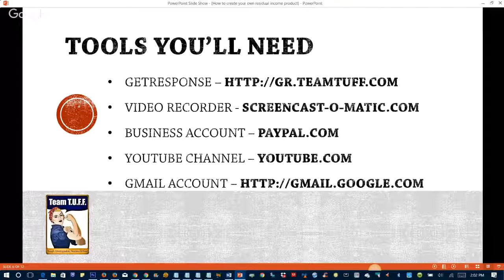The next tool you'll need is a Gmail account. Gmail is really great because not only does it give you free email, but they also have this great tool called Google Drive. What that does is it allows you to save documents, create PDFs, and make them public. Again, it's a free resource, so you're going to need a Gmail account. So if you don't have one, go ahead and set one up, or you may want to set up another one just for your business that you can use to manage all of your business documents and things that you're